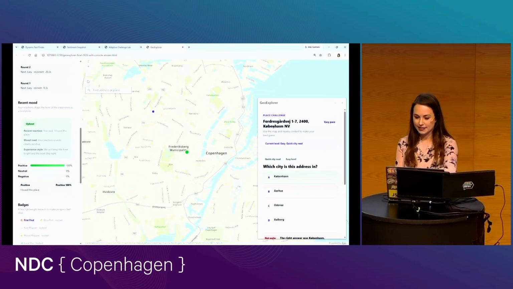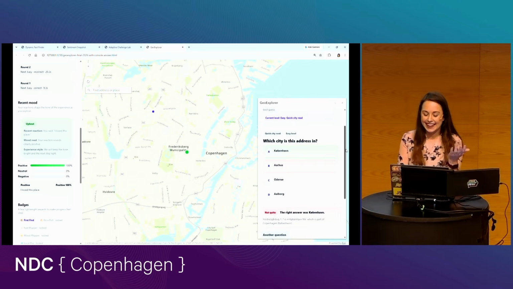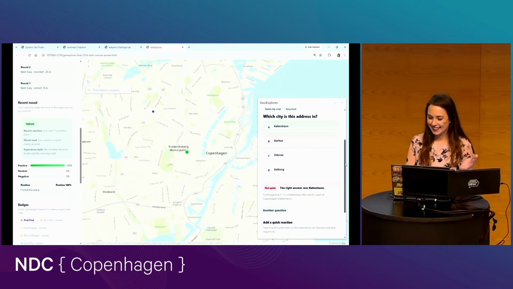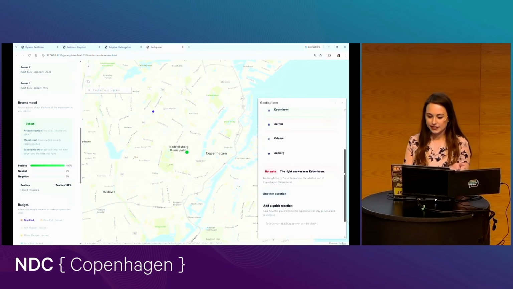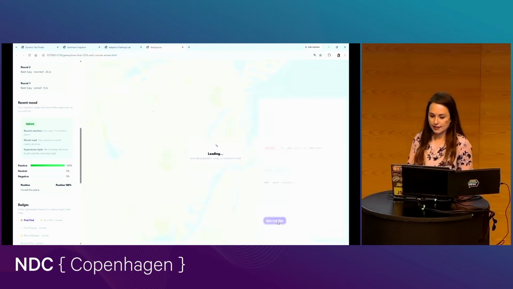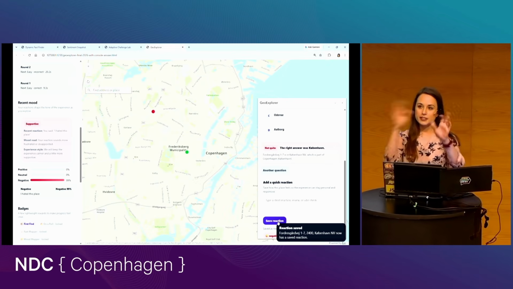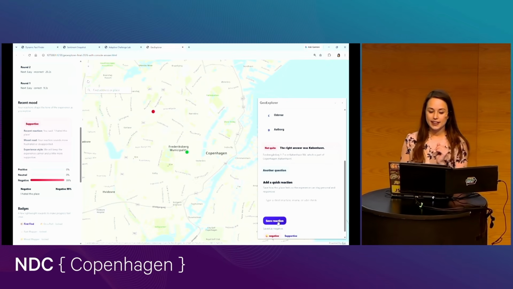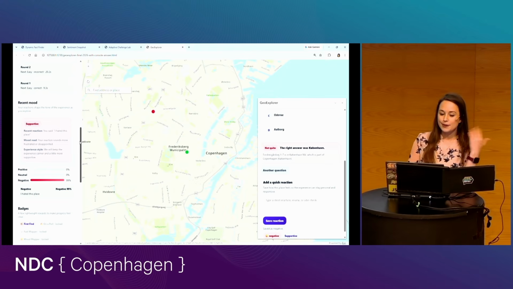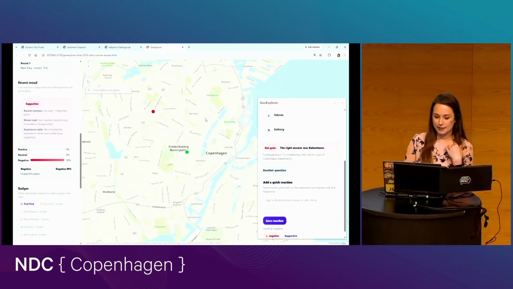Oh, I should have known because it's literally up here. Anyways, easy question, but yeah, I got it wrong. It's all right. We get to see the experience of getting it wrong. And I'm going to go ahead and say I hated this place. So we can see that change to red. Okay. So as you continue to explore the area, you can see all of your reactions kind of come together and see how that's happening through.